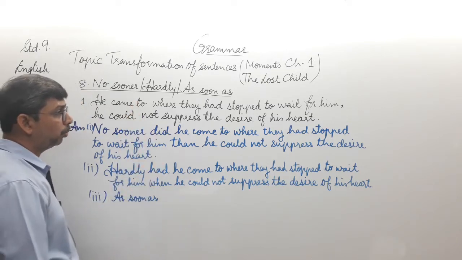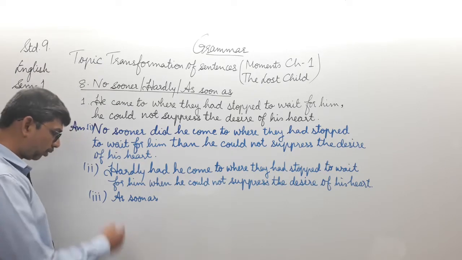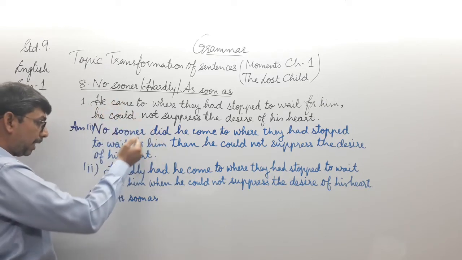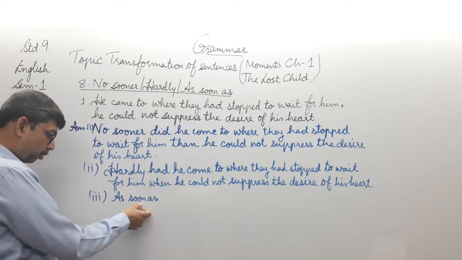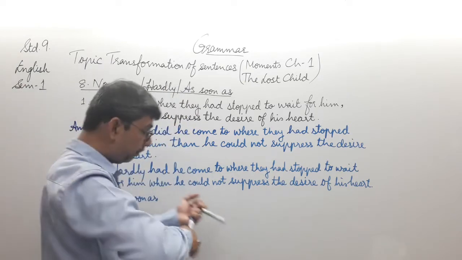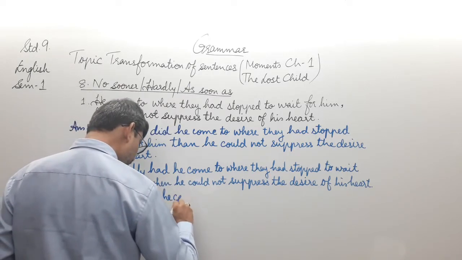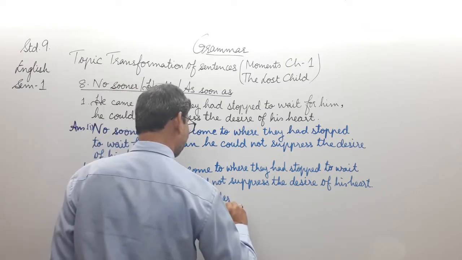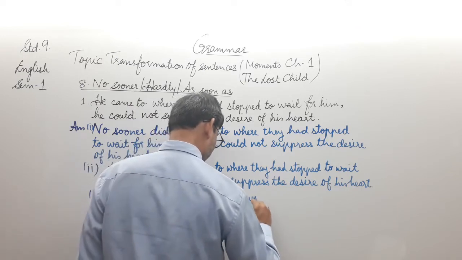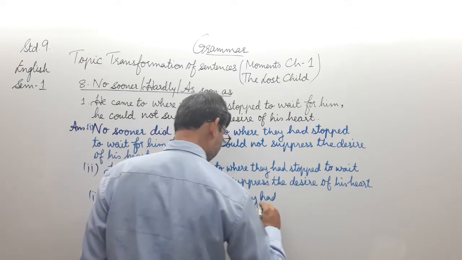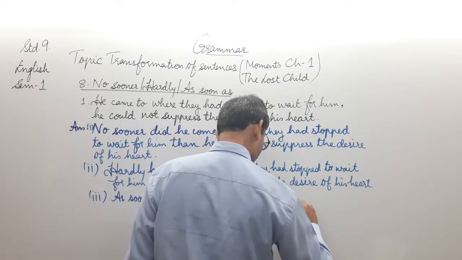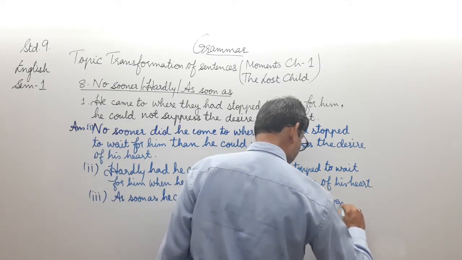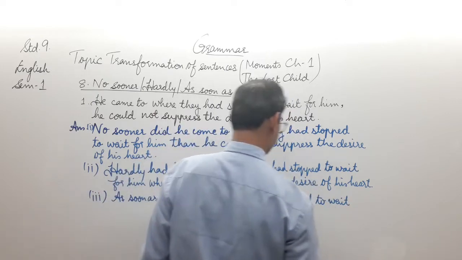He came to where they had stopped to wait for him. One clause, he could not suppress the desire of his heart. So as soon as he came, so this time we are not changing the word into come, we are not applying any auxiliary verb of the past. So as soon as, write it down, as soon as he came to where they had stopped to wait for him,